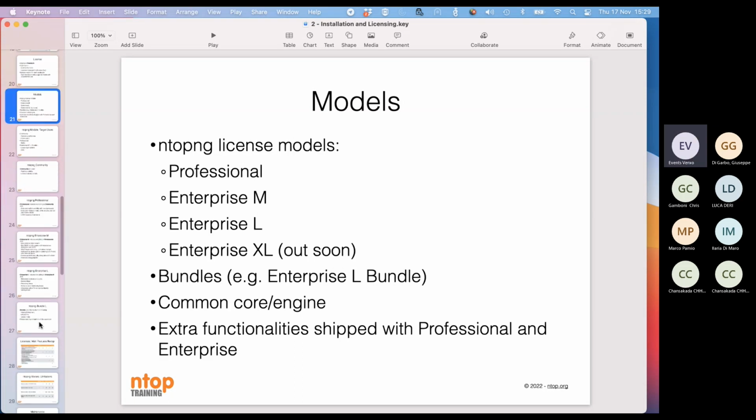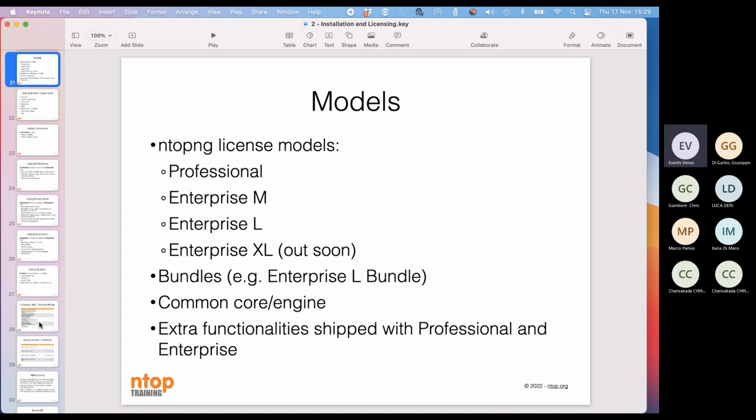Now let's focus on all the versions available for ntopng. So we have the community version, of course, which is the free version. Then we have the professional, the enterprise M, L, and we will release soon a new version, which is the XL. Then we have bundles. A bundle is a special license that unlocks a specific ntopng version, and in addition to ntopng, this bundle also unlocks, for instance, mprobe and n2disk. For instance, we have the Enterprise L bundle, which unlocks ntopng Enterprise L, mprobe Pro, and n2disk 1